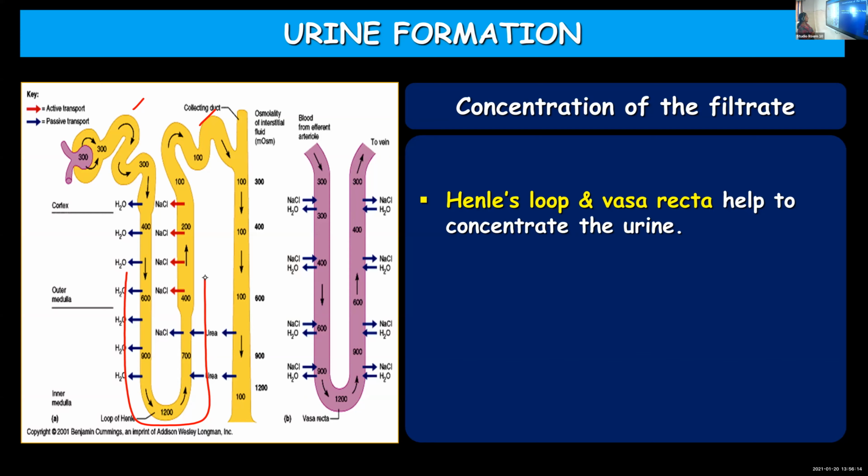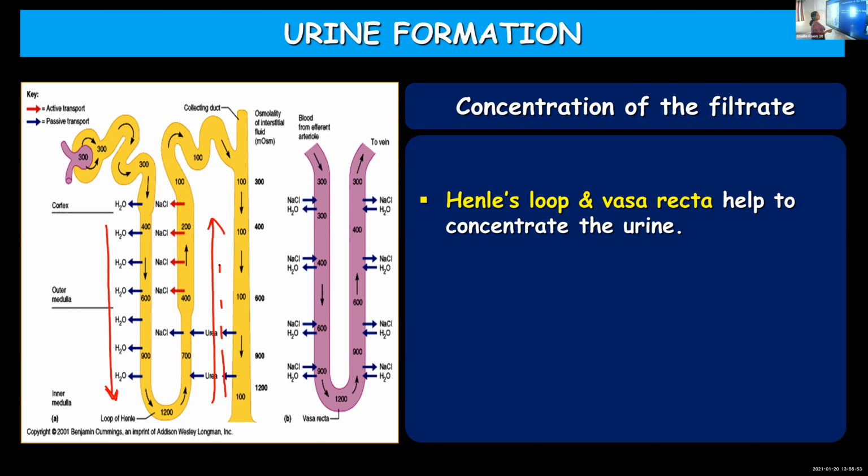And in our loop of Henle, you can find both the limbs. This is a descending limb and this is an ascending limb. So the flow of glomerular filtrate in these two limbs is in the opposite direction. In the descending limb it is moving downwards, whereas in the ascending limb it is moving upwards. So countercurrent, current means the flow. So flow is in the opposite direction. The same is applicable to vasa recta also.